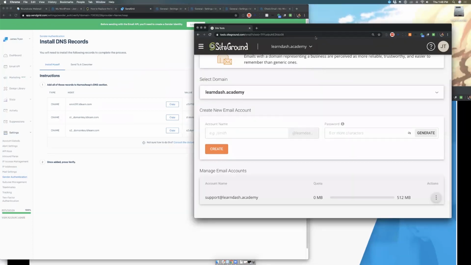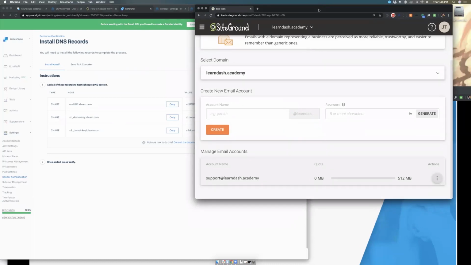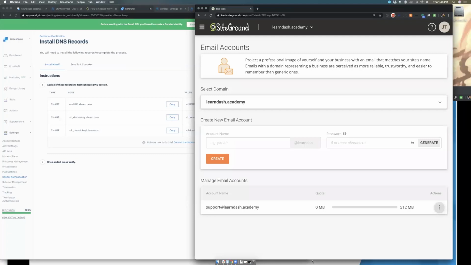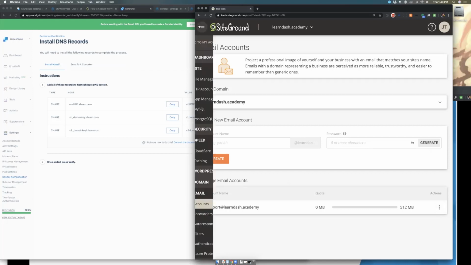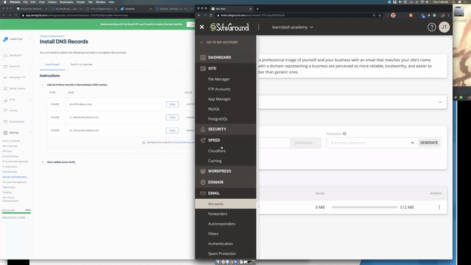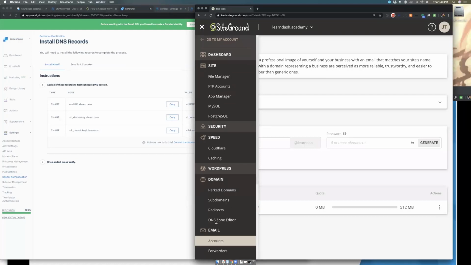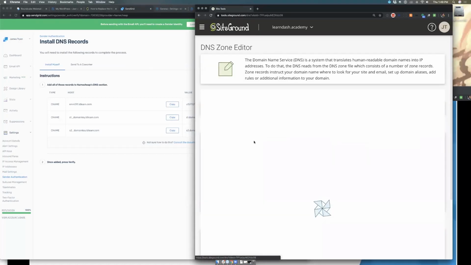And my DNS is at SiteGround. Sometimes it's where you're hosting. Sometimes it's where your registrar is. So it's either at your registrar, where you buy your domain, or it's where your host is. And sometimes that's the same. So let me show you these real fast. We're going to go to domain, DNS zone editor,